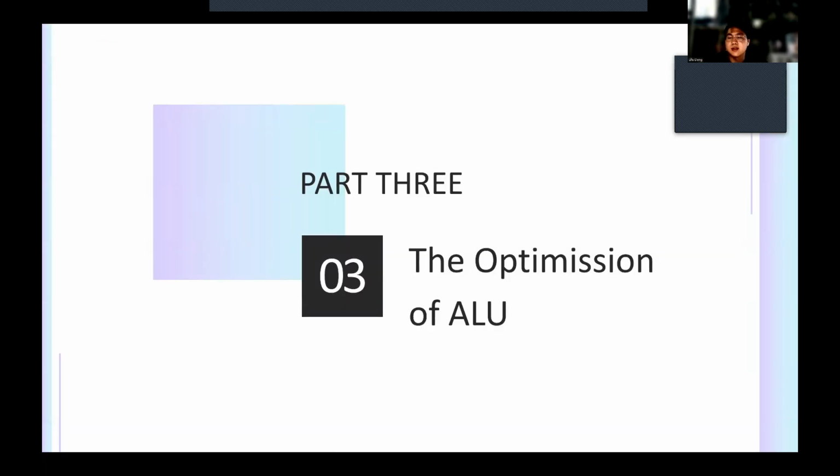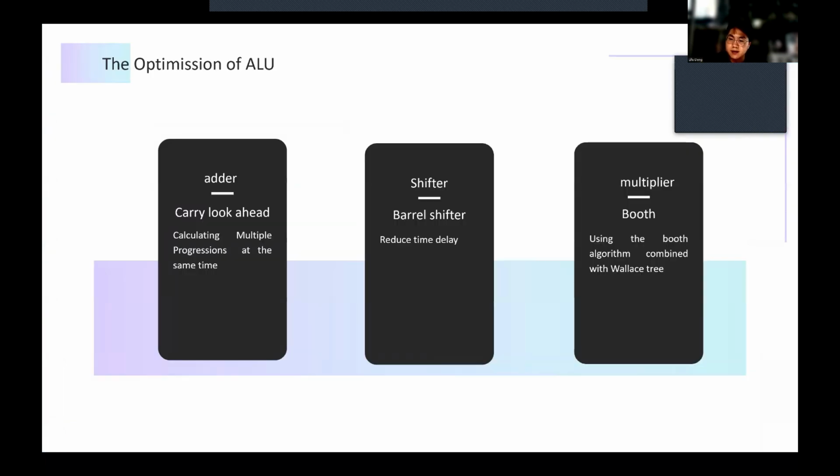Then I would like to introduce the optimization of the ALU. I optimize it by replacing part of the calculation modules in the ALU. For the adder, I designed a 32-bit carry look-ahead adder, and the shifter I optimize with a barrel shifter. Then I use the Booth algorithm combined with a Wallace tree to optimize the